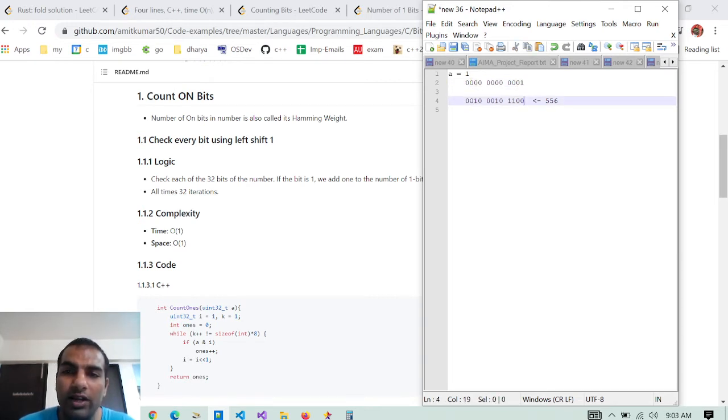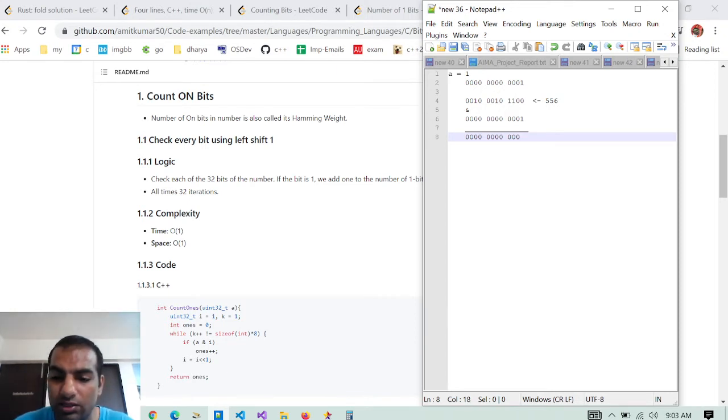Let me do a bitwise AND operation. The result would be all zeros, because 0 and 0 is 0, 1 and 0 is also 0. In this case it's 0, and the last would be 0 again.